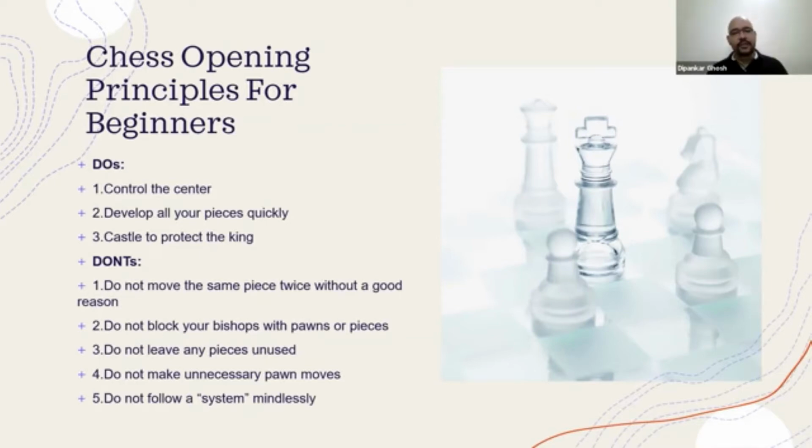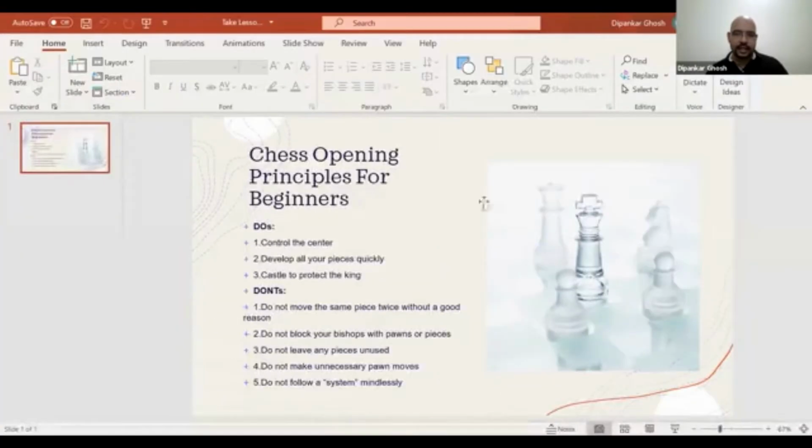And the final one we will look at is, there are many opening systems that are popular: London system, Pirc system, any kind of setup that you may learn as a beginner. And when we learn these setups, we feel very powerful. We feel that, okay, now we have something that I can just play every time, no matter what my opponent does. And that is not the case.